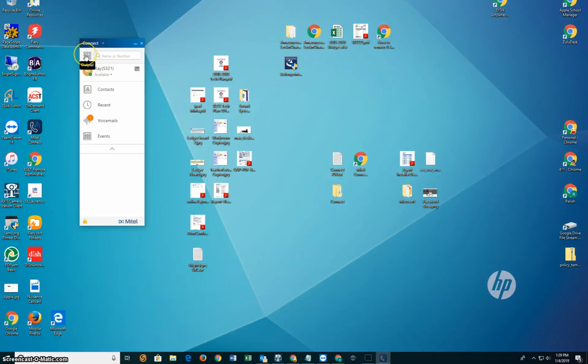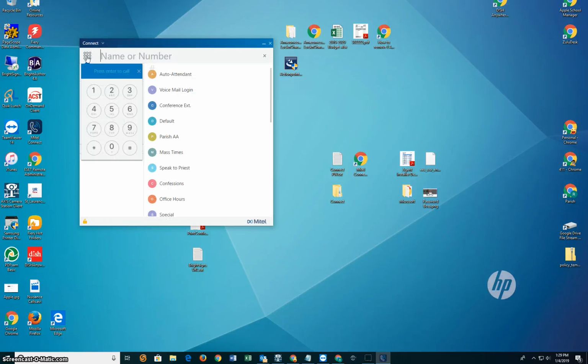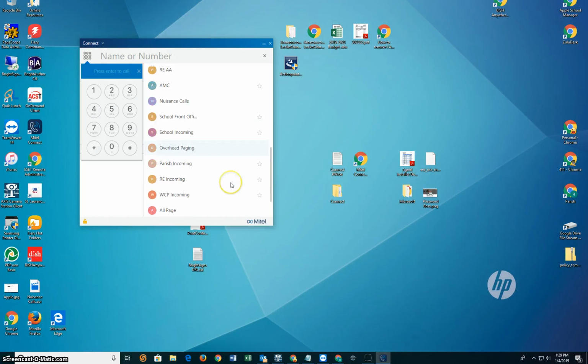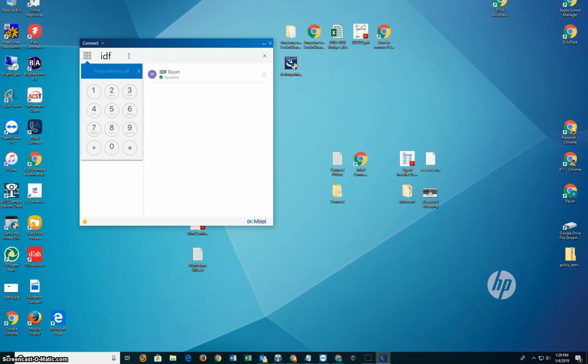And this is your dial pad or your search box. If you click on dial pad, another window appears where you can actually type somebody's name if you wanted to search, or you can enter a number, either an extension or a phone number. You can dial it here the same way, or you could choose an internal call or phone number by choosing something here off of our company directory. All right, and so for example, I am going to type in IDF, which is one of our server rooms,